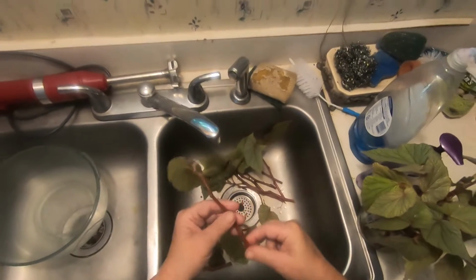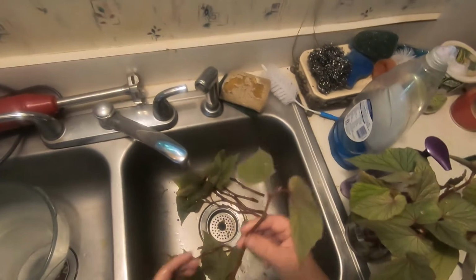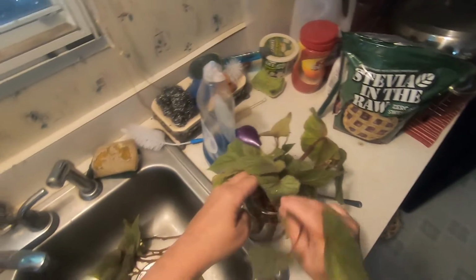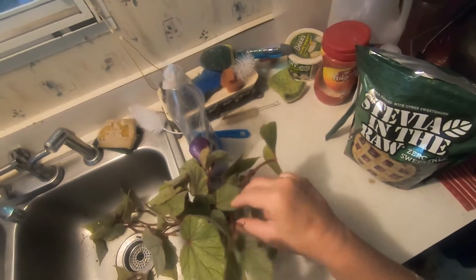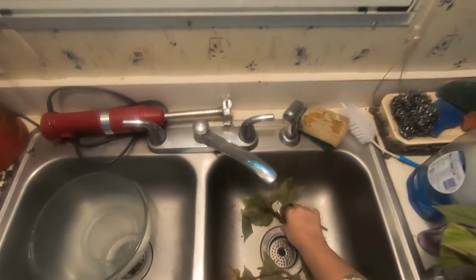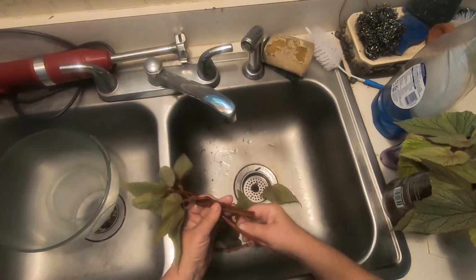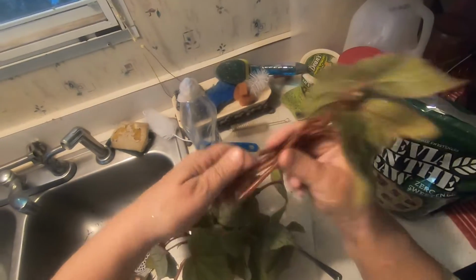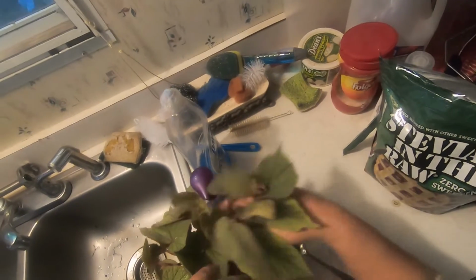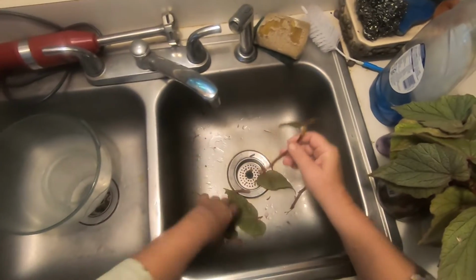Now, what becomes the labor of love is throughout the winter, doing this every single week. It can get monotonous, and sometimes you'll skip a week and your water will start getting icky looking. But I'm going to try and film when I do it, or at least think of a topic to talk to you guys about while I'm doing it every week, so we can keep an eye on how these plants are overwintering, and then maybe in the springtime we can pot them up together. So that's that